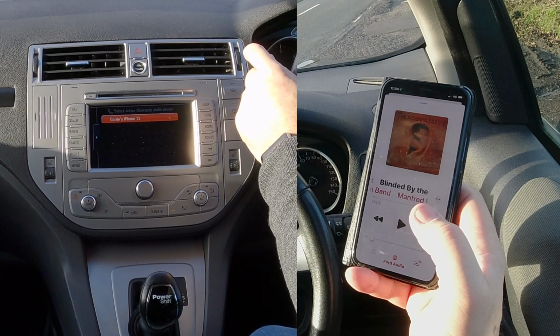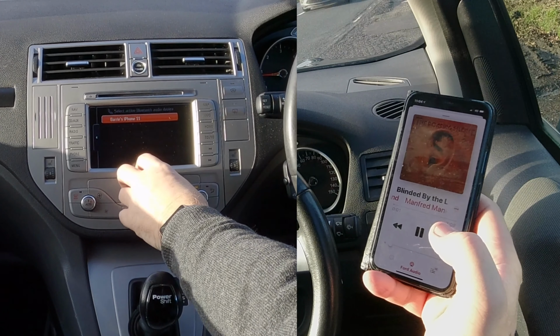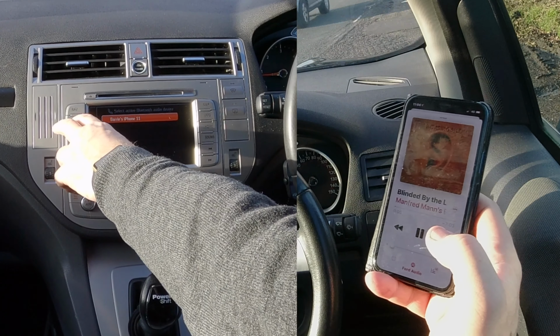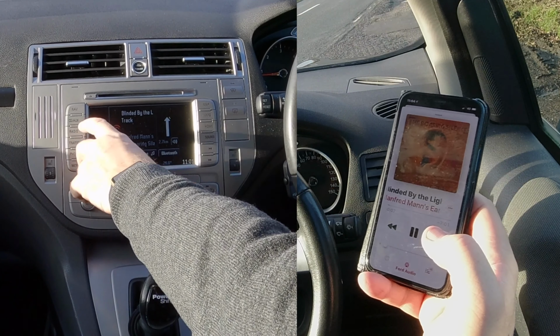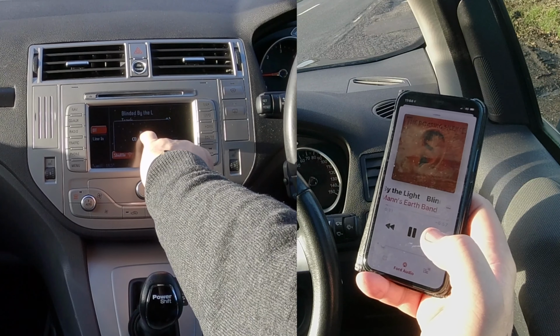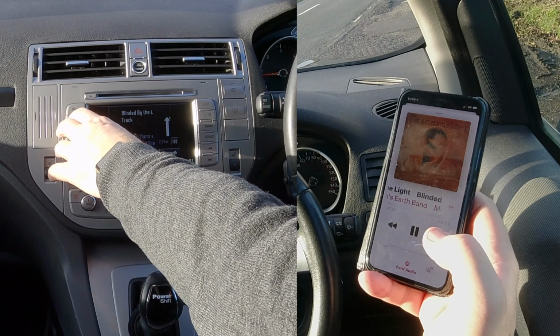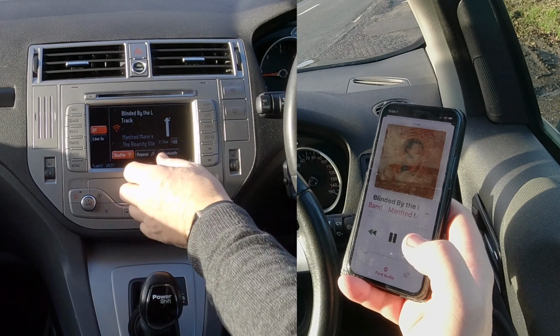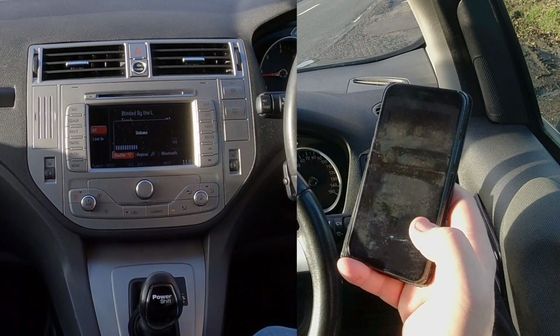Now if I click play, and then I'll turn this down for the moment. To get to my phone, we have to click CD and aux, and then you might have to click it a couple of times if it's on CD, for instance, but there's no CD inserted there. So we'll go back, showing the track that's playing. If I turn that up, and then